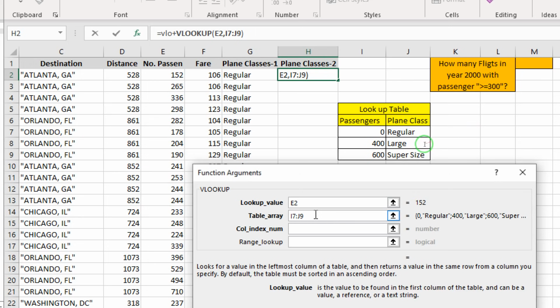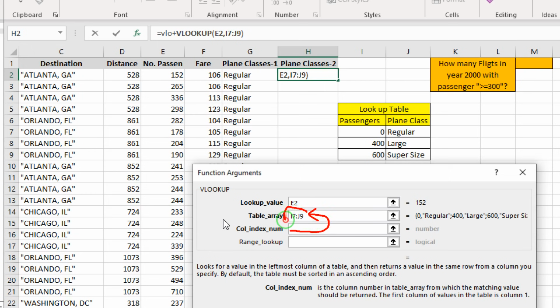Okay, so this is the table where I'm going to search for E2, and then in the third part you have to write the column index number, that means the column number